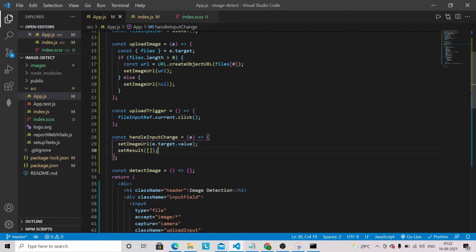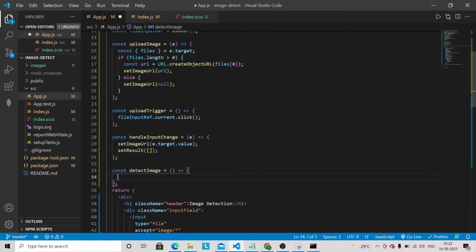Now we have to work on our detectImage functionality. So this will be async await.